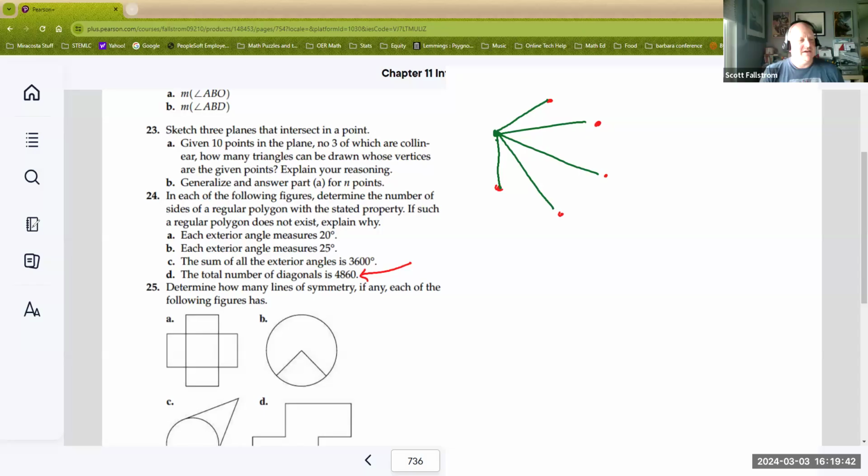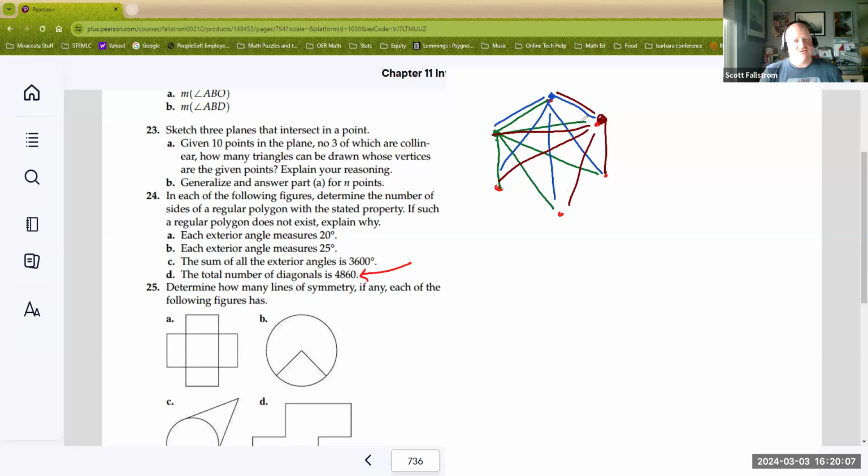If I go to the next one, I could put 1 up here and say, okay, don't count that, don't count this, because those are right next to it. And then I'd have 1, 2, 3. Then you can move to the next point. And you'd say, okay, here I'm now at this point, and don't count this and don't count this. But here we go. 1, 2, 3. Now, if you notice,